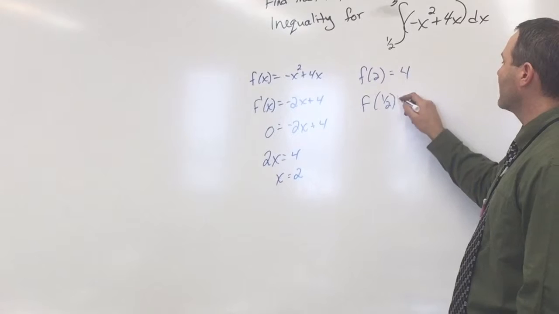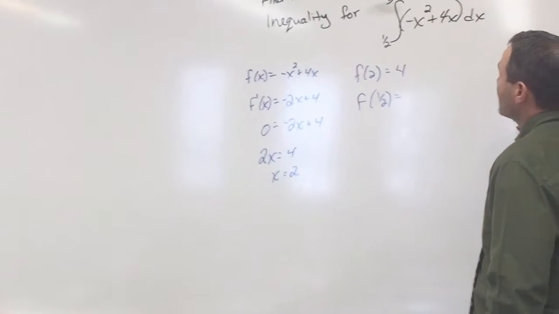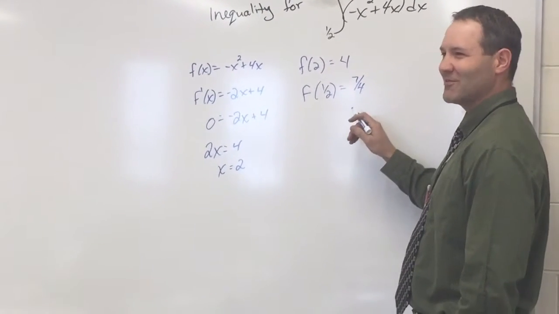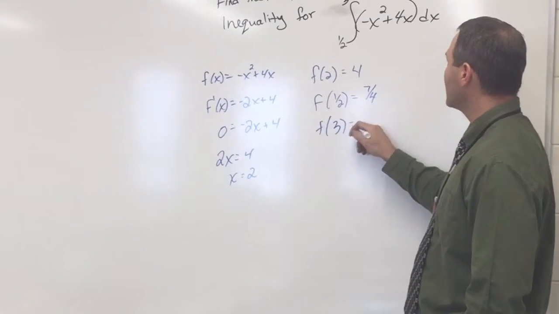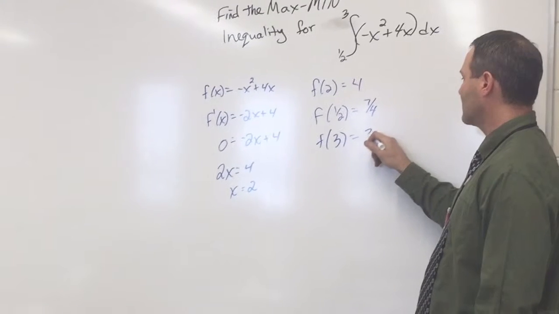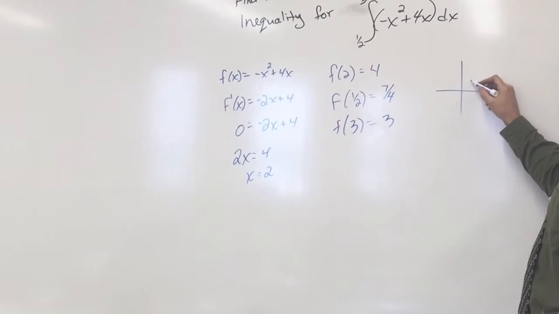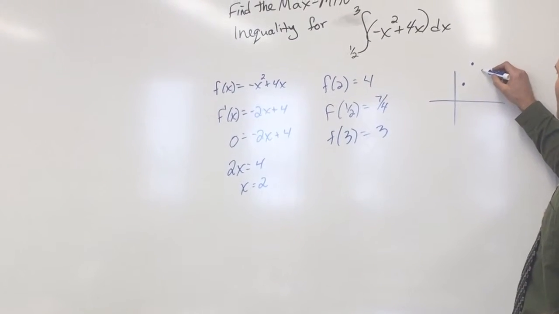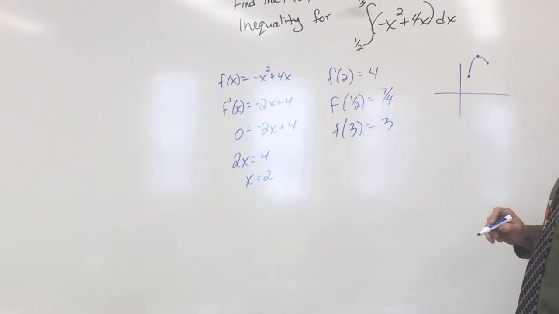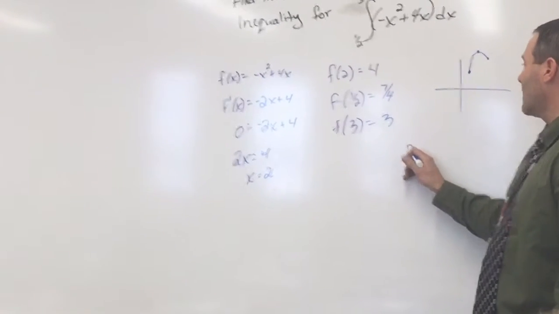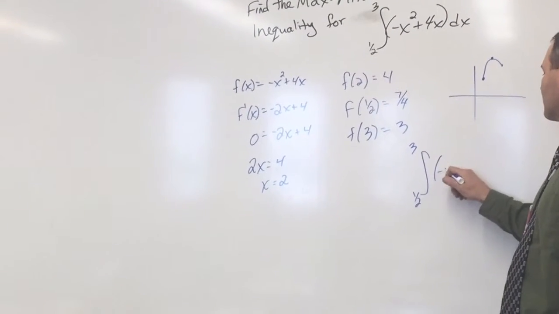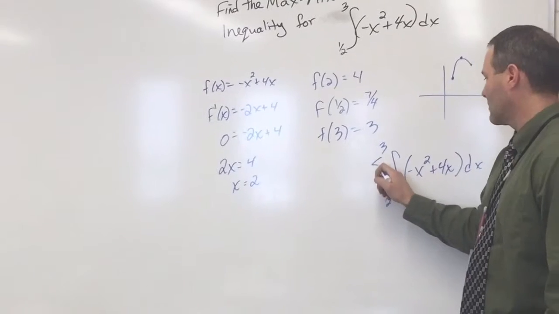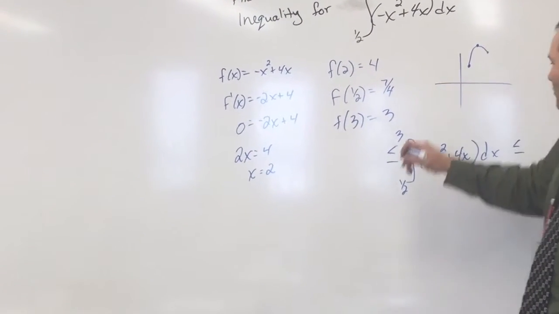So there is a max at 4. f of 1/2 gives you 3 to 1/4 plus 2 is 7/4, 1.75. f of 3 is -9 plus 12, 3. Alright, so if I made a sketch, at 1/2 it is 7/4, at 2 it is 4, and at 3 it is 3. So this is what our function looks like. So our inequality